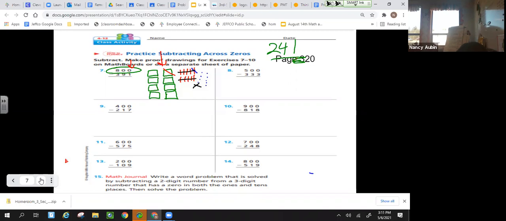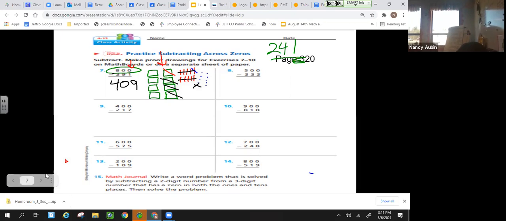Now I have to take 3 hundreds away. Do I have enough hundreds? Yes? Do I have enough hundreds or no? Look at them all. Sure. 1, 2, 3. Let's see what we get. 1, 2, 3, 400. 0 tens. 1, 2, 3, 4, 5, 6, 7, 8, 9 ones. We didn't do any ungrouping on this, but we did a lot of it on the place value